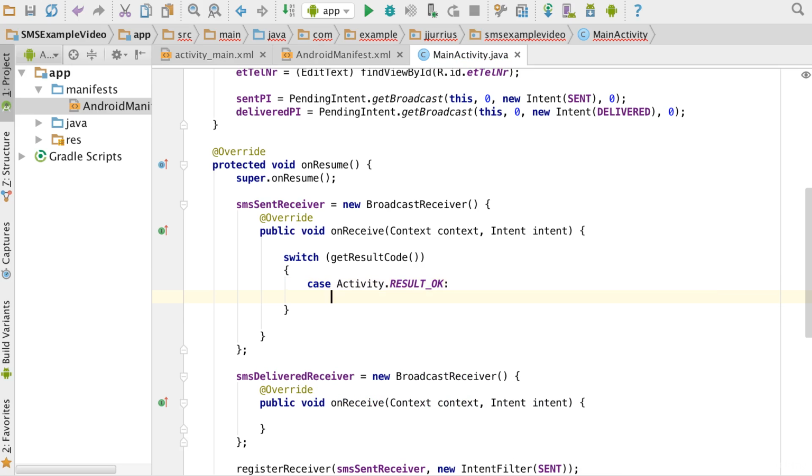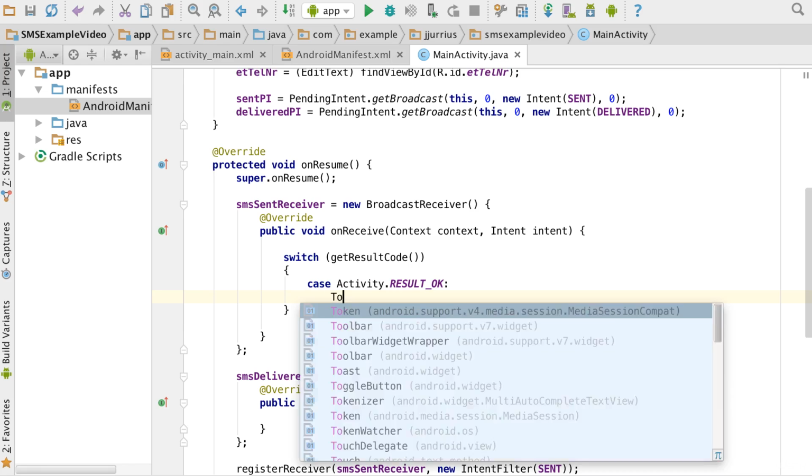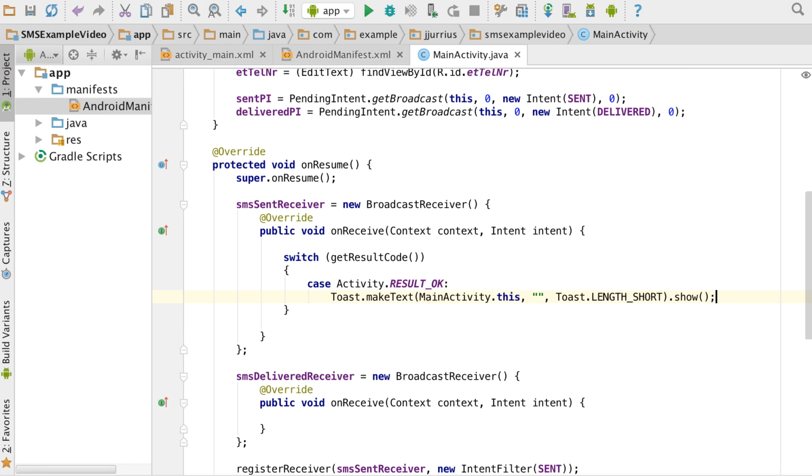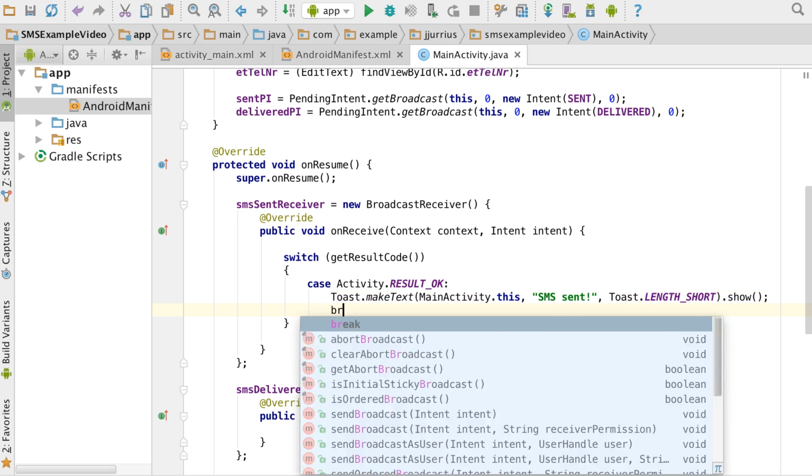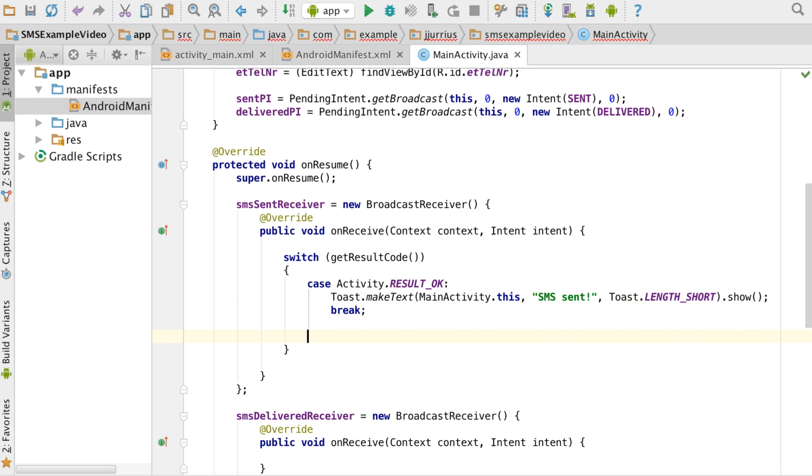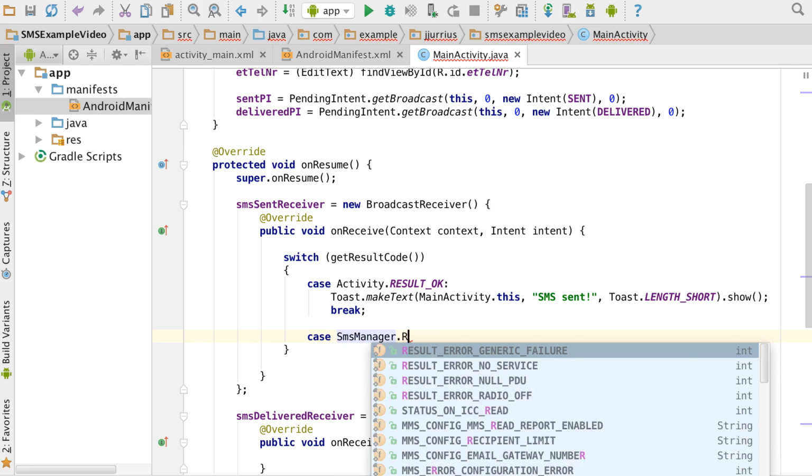That just means the SMS was sent out successfully. So we can just display a toast to say SMS sent, or SMS sent successfully, or whatever you want to do there. And then we can break. So that's the first case. The second case will be part of SmsManager, and we're going to say .RESULT